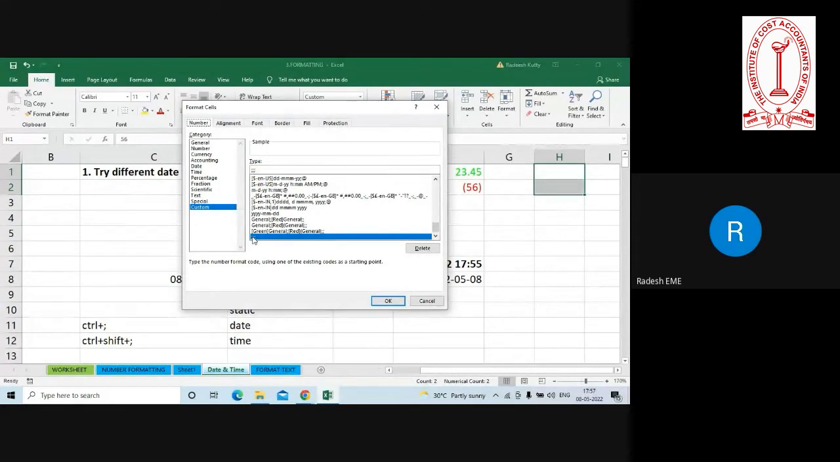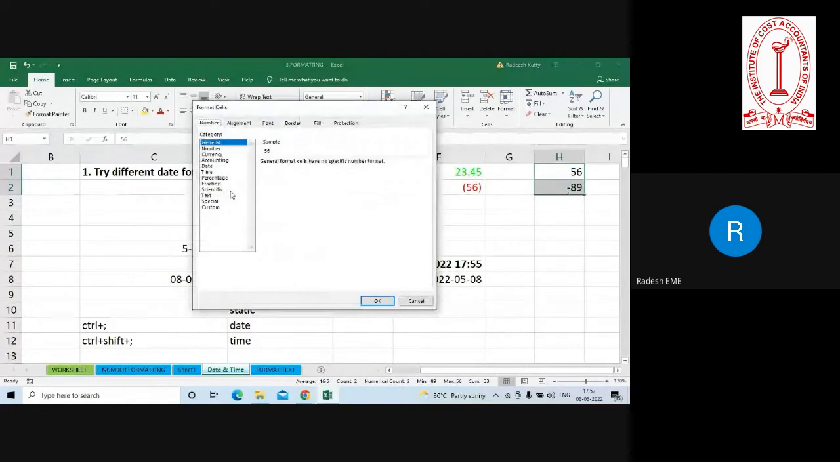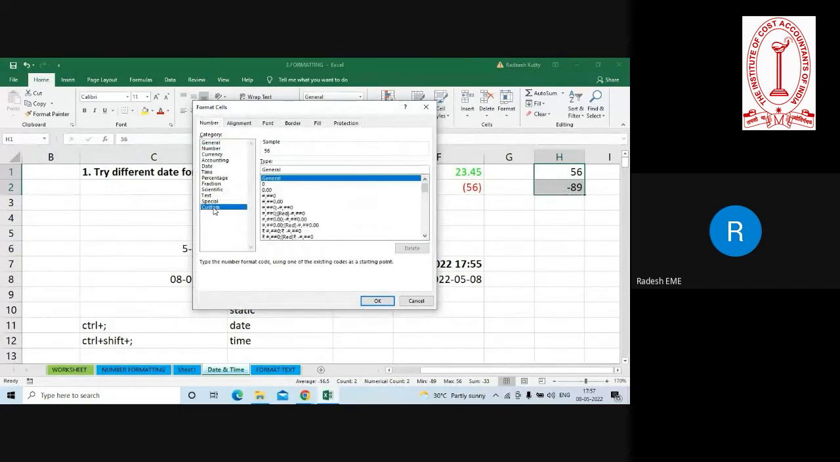Okay, now let me delete this and click OK. Fine, so everything is back to normal. Now the negative value should be highlighted here with some red color or with a bracket value. Again, press Control 1. Come to this custom option. In the general,